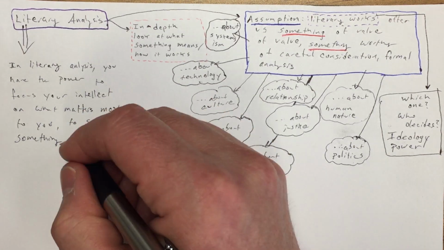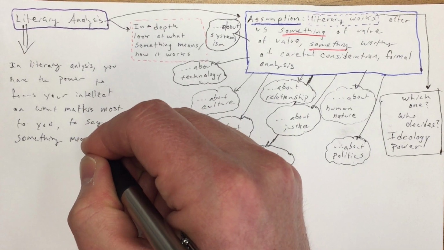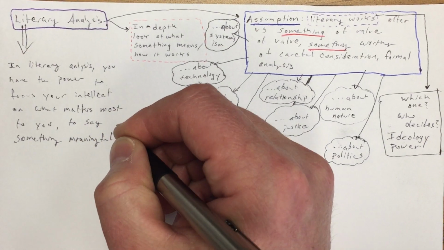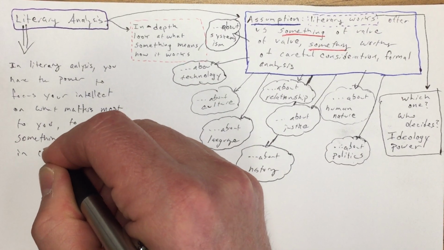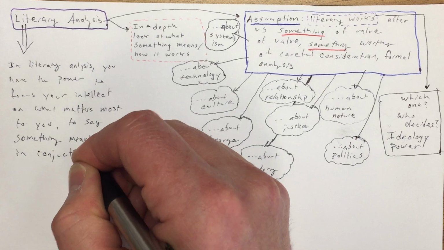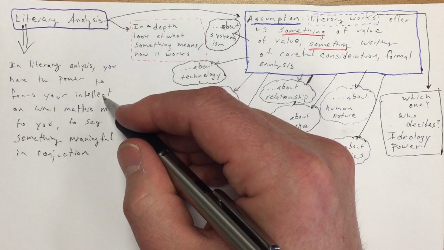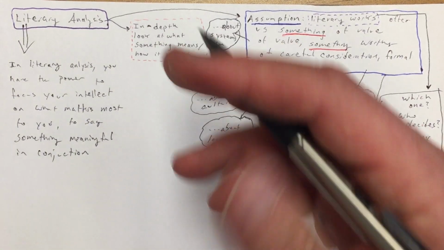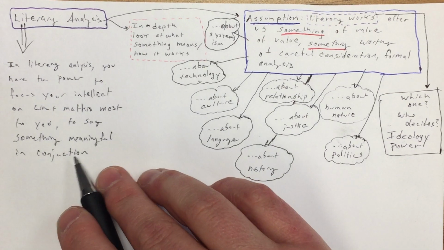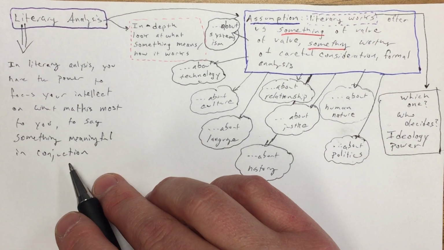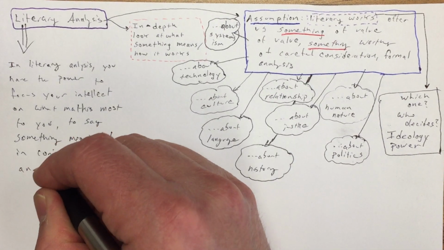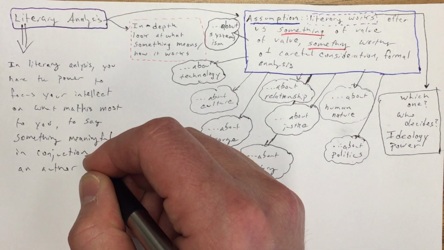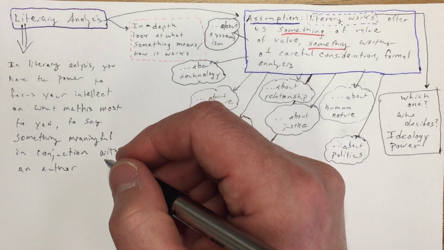To say something meaningful, in conjunction, which means working with. So you get to take your intellect and tie your intellect together, to merge your intellect, in effect, working in conjunction with an author. And that is pretty cool. You get to team up with that author,